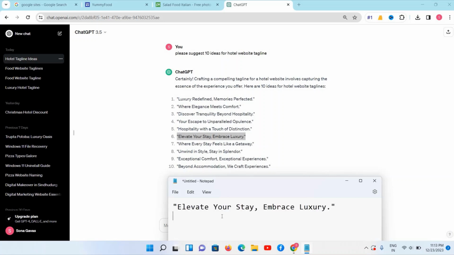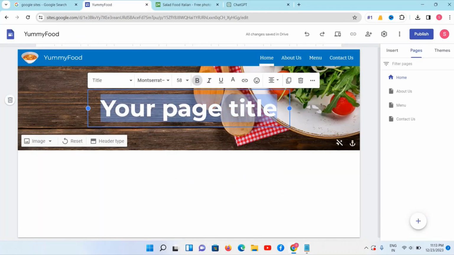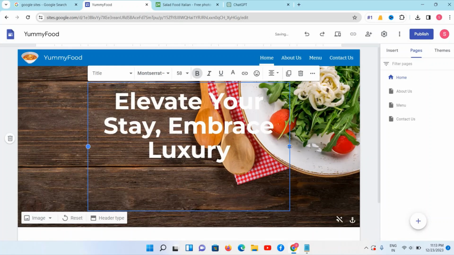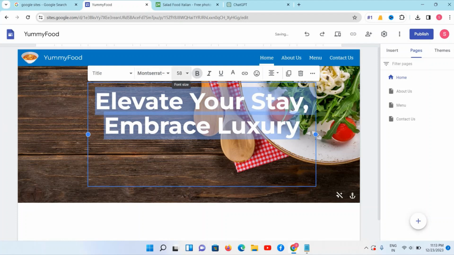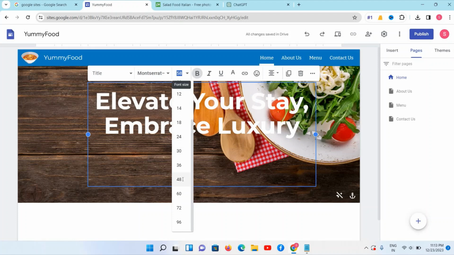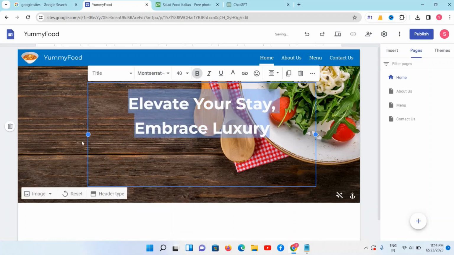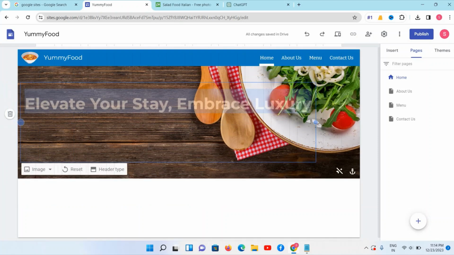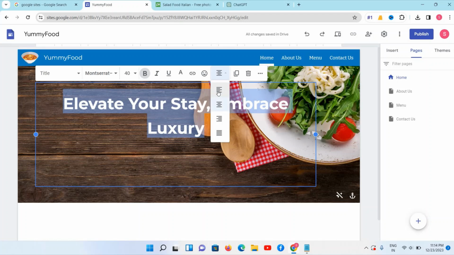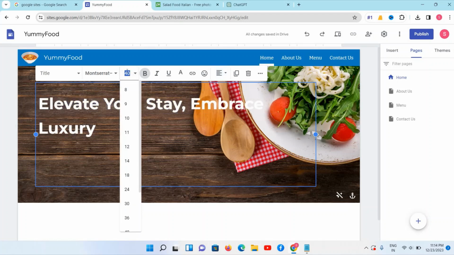First paste it in your notepad, because we don't want to copy the format from the ChatGPT text. I want normal text, and then I'll select proper text formatting there. Again, visit your website, add that text here, and now we'll go with the text formatting. Select all text and then the font size option, reduce it to 48, or we can say 40 is the proper font size, and then adjust alignment: center, left, right. Okay, again I'm reducing the size, not 40, it should be 34,